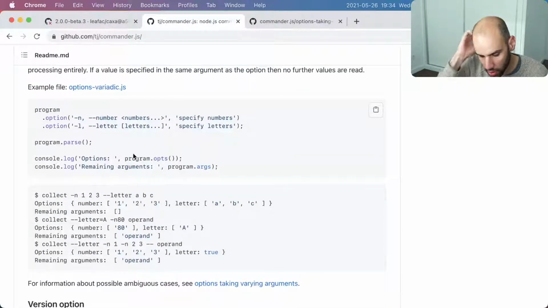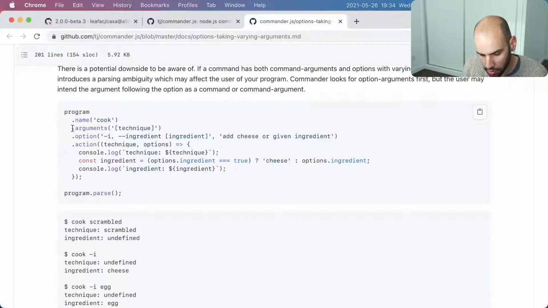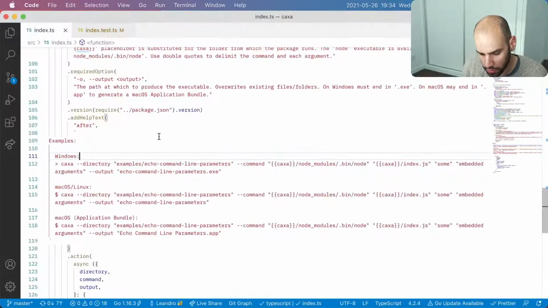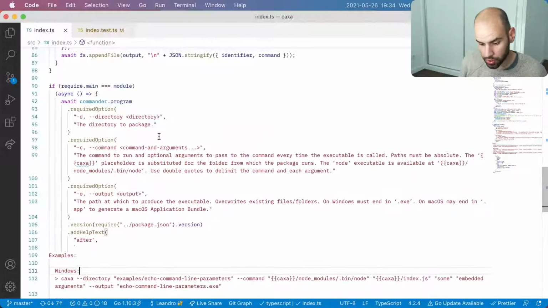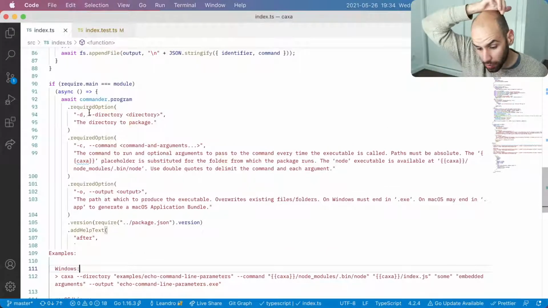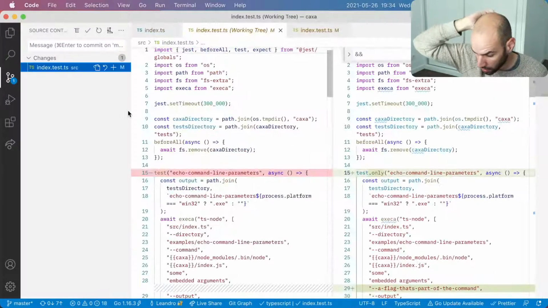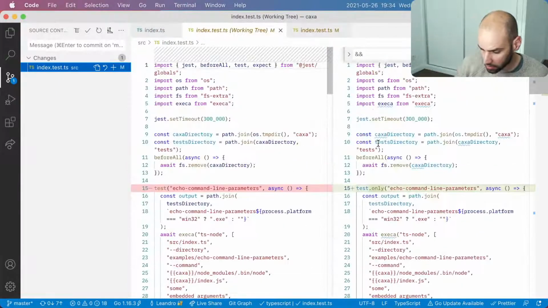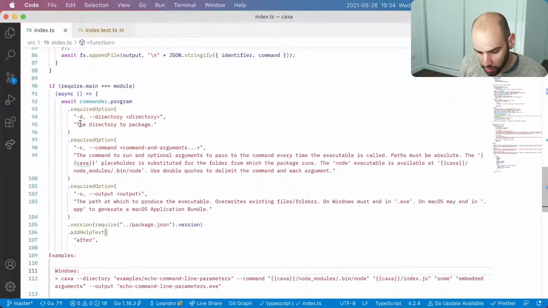So we will have options and then opts, and we can also have arguments, and I think that's what we will have. Besides the options, we'll have arguments. And while we are doing this, I think I want to change a bunch of things here. So let's see. We have some of the tests, and okay, that's fine, but I do want to change a lot of things. So this directory is not a directory, it's the input. So we already have an output. Why don't we have an input too?